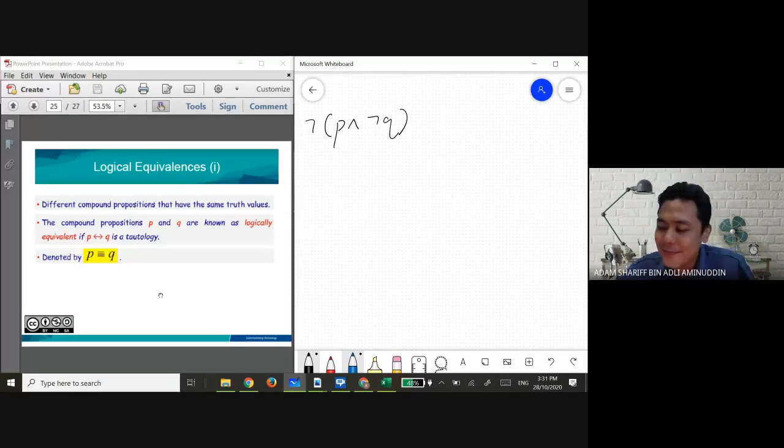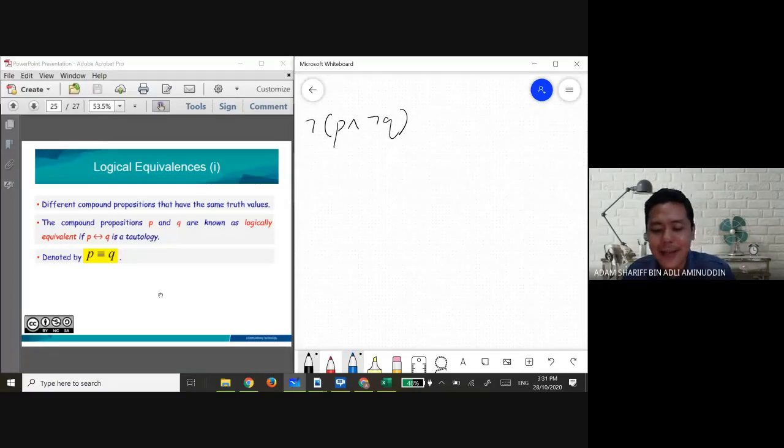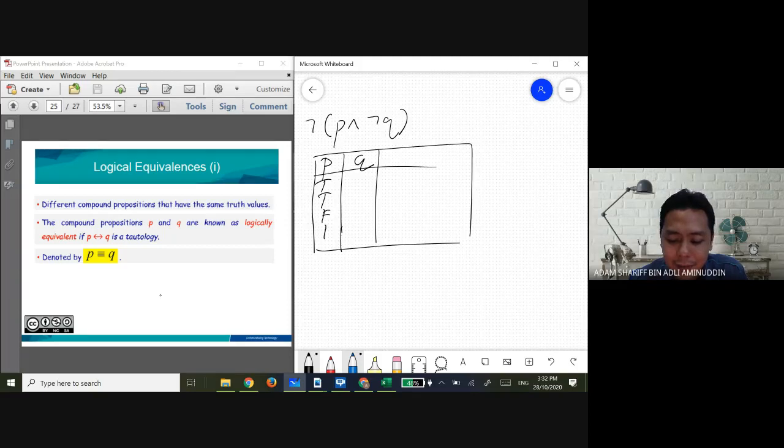Okay, are you guys still with me? Yes. Alright. Suppose you get this simple statement. Develop a truth table for this compound proposition. You have a negation, you have brackets, and also you have an and there. The basic fundamental thing you need is how many rows. Because we only have two propositions, P and Q, you have T, T, F, F, and T, F, T, F. Alright?